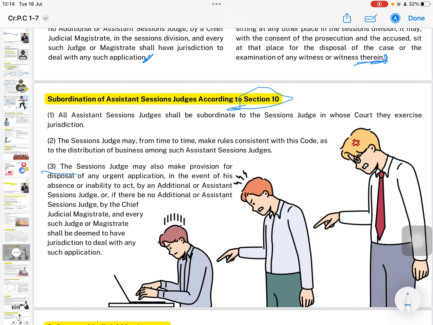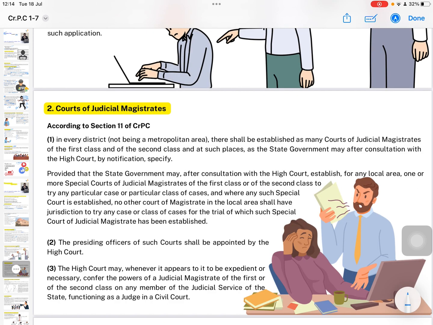and every such judge or magistrate shall be deemed to have jurisdiction to deal with any such application. The next point, section 11 of CRPC कहता है Court of Judicial Magistrate. According to section 11 of CRPC, in every district, not being a metropolitan area, there shall be established as many courts of judicial magistrate of the first class and of the second class and at such places as the state government may, after consultation with the High Court by notification, specify,